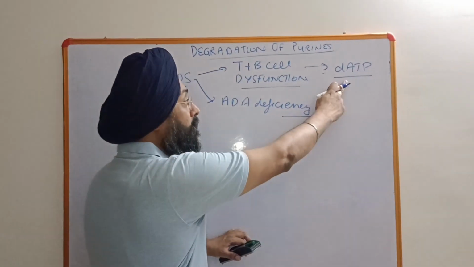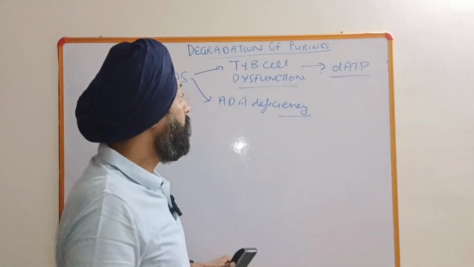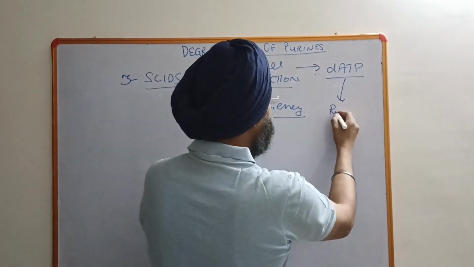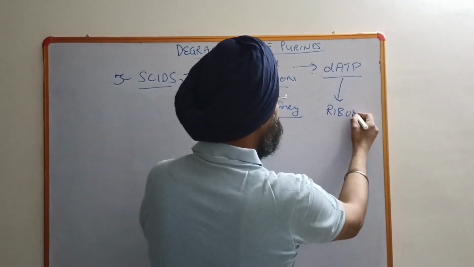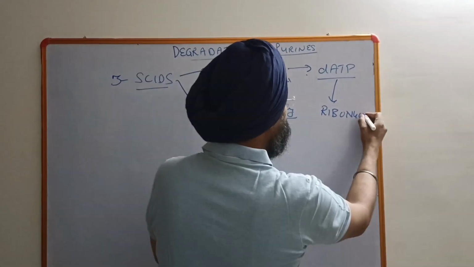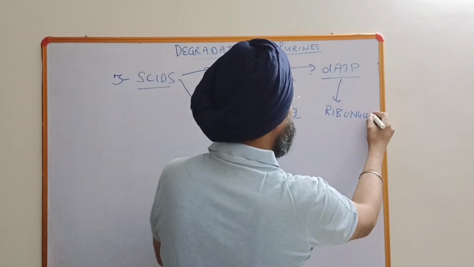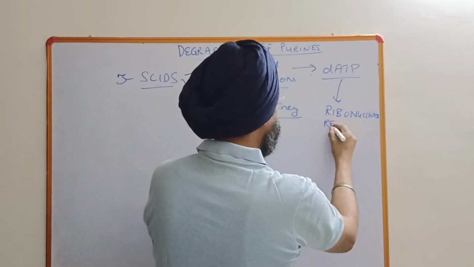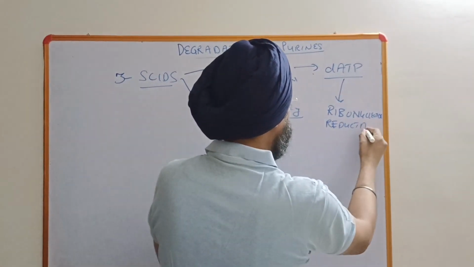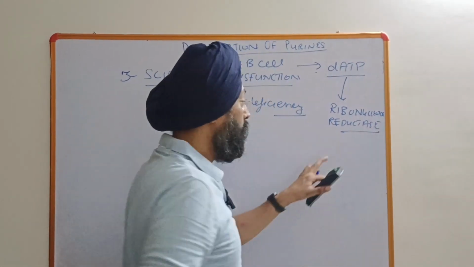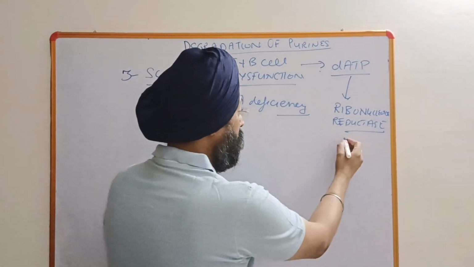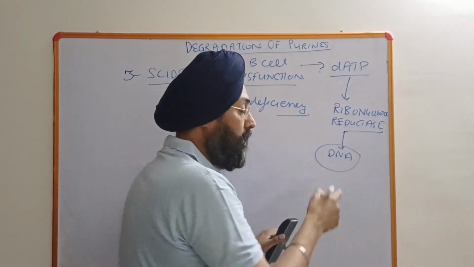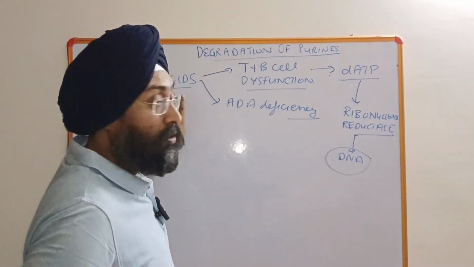So there will be accumulation of deoxyadenosine triphosphate, and this will lead to inhibition of the enzyme ribonucleotide reductase, right? So when this enzyme is inhibited, the DNA synthesis will stop